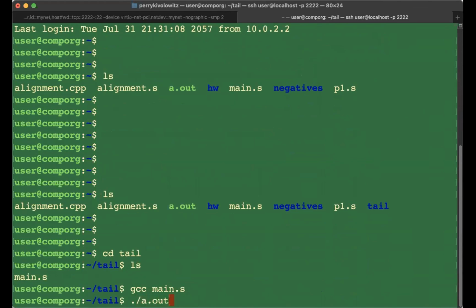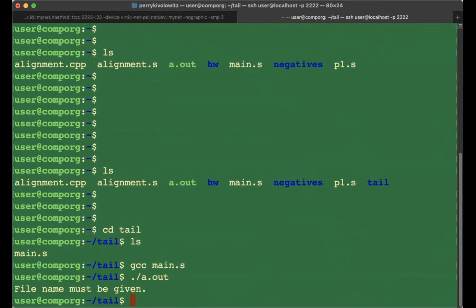Okay, so a.out, and you have to give it a file name. Everybody see that? So a.out, and you give it a file name. Let's say I can't give it the main.s because then you'd see the source code. So how about